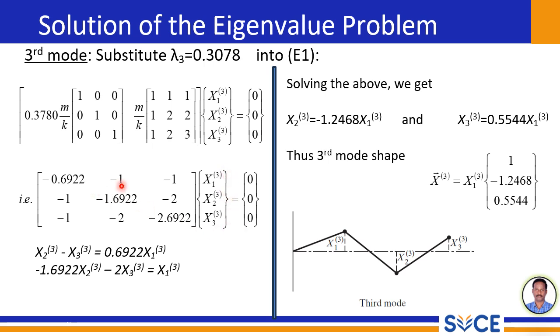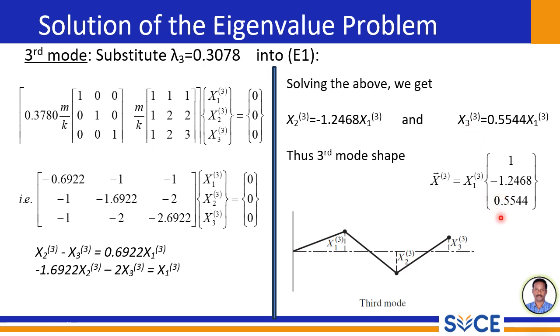From this we can get the equations. The first equation we can get is 0.6922 x1 equal to this x2 and x3, and the second equation we can get from this. So by assuming x1 equal to 1, once again we will get x2 equal to minus 1.2468,